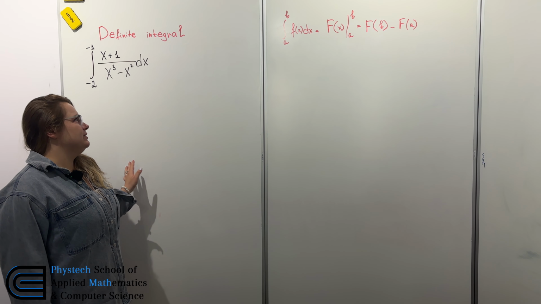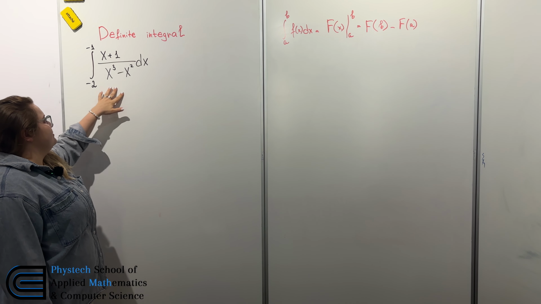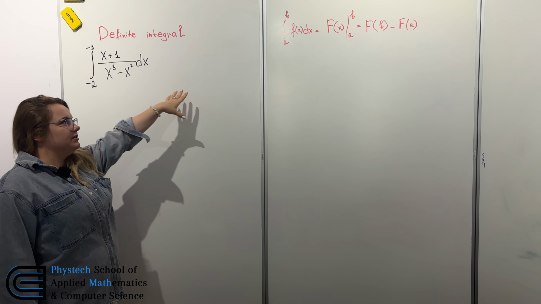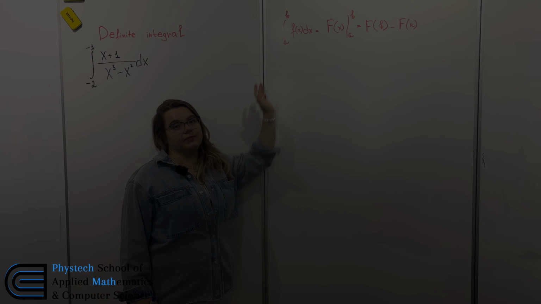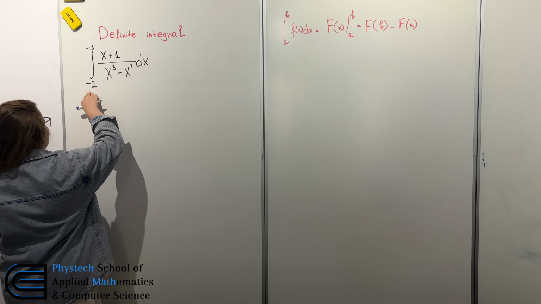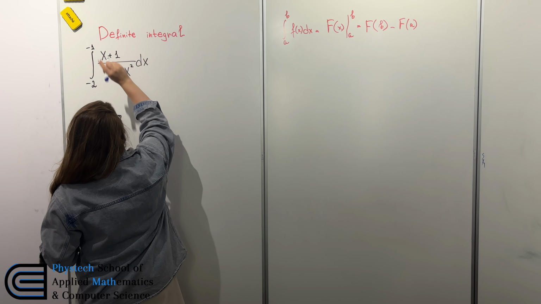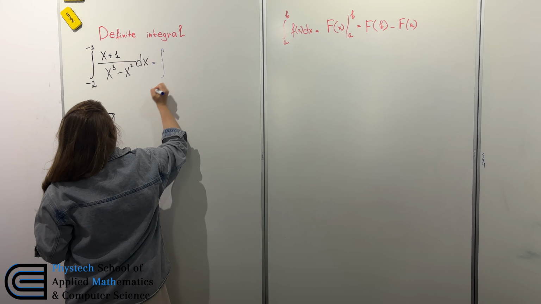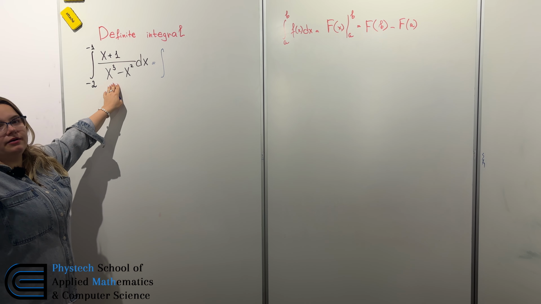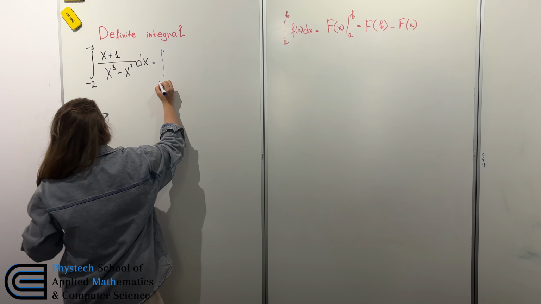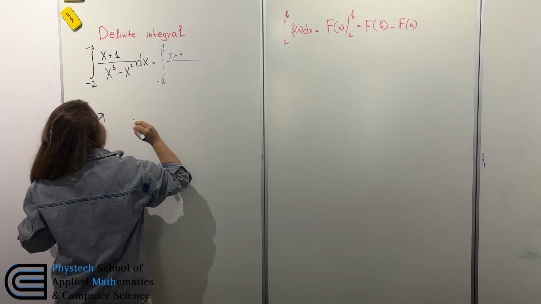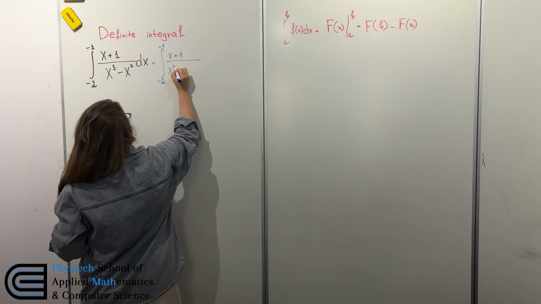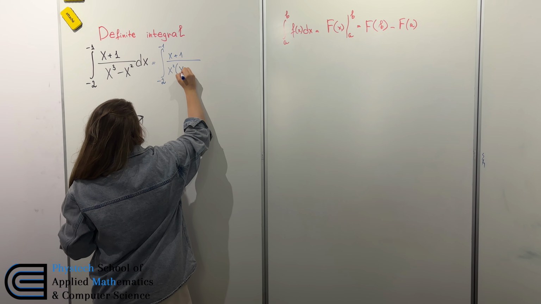Hi, today we are going to calculate this definite integral using this formula. So we have the integral from -2 to -1 of all these functions. First of all, we need to rewrite the denominator of our function. Let's do it. Our numerator will be the same, and here we will write x squared multiplied by x minus